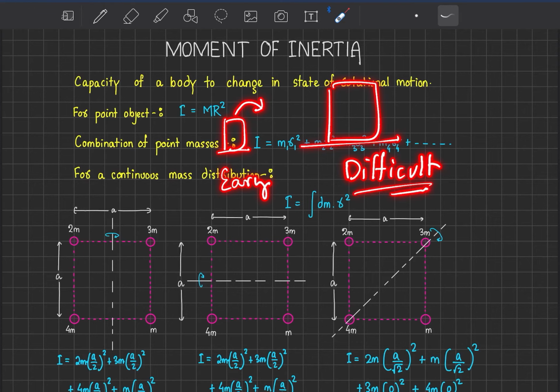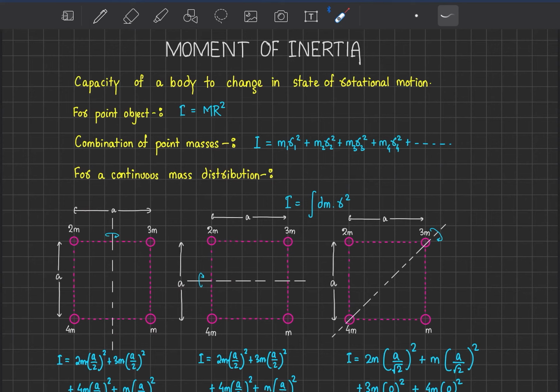Or if a small object is already moving and we want to stop it, say a small stone is moving and you want to stop it, and a very large rock is moving and you want to stop it. It will be difficult to stop the large rock, right? So in the case of stopping a moving body or moving a body at rest, both will be difficult if the mass is more, in the case of translatory motion.